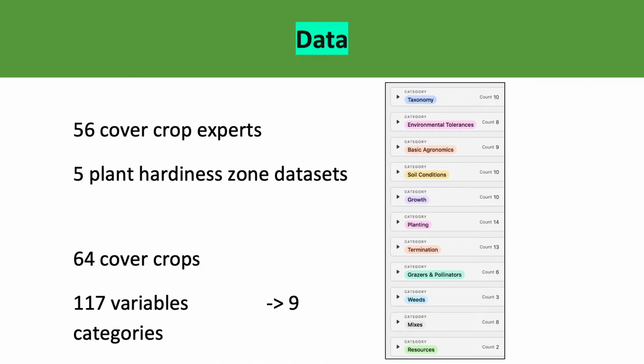And just in terms of what that data encompasses, we had 56 cover crop experts who were divided among 5 plant hardiness zones, and in total we had 64 cover crops to deal with. Now, if you go to zone 7 in our tool, you will not find 64 cover crop options because each zone is a subset. There's a lot of overlap, but we range from 40 something for zone 5 to 20, 25 for zone 7 or so. And then these cover crops were rated on 117 variables